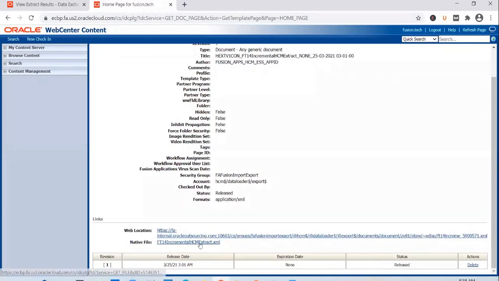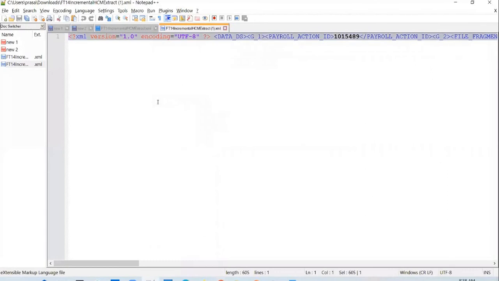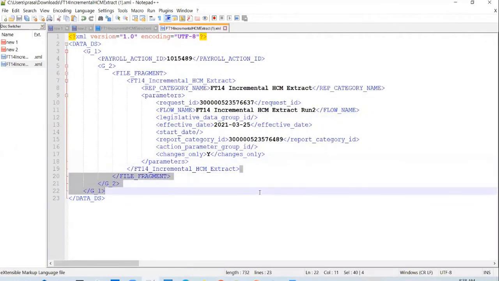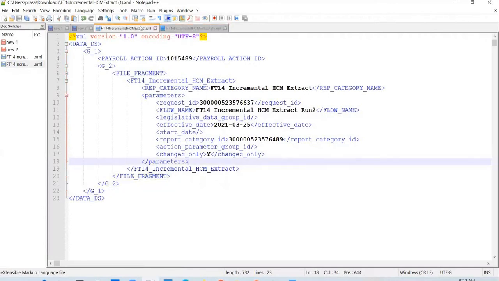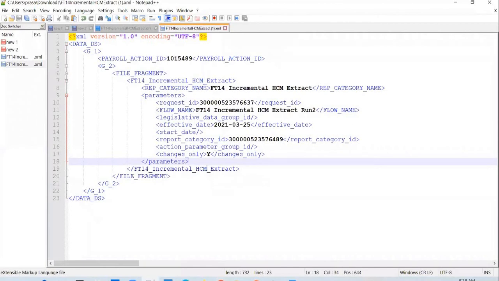Search for it and you will see an extract generated. And this is our second run. In the second run, as you can see, there is only the parameter section, but you don't see any persons extracted, because after the previous extract, there was no employee which was created or updated.